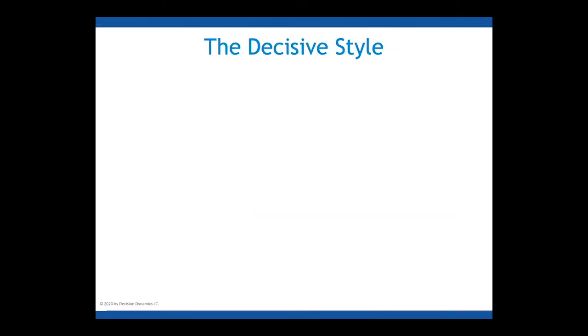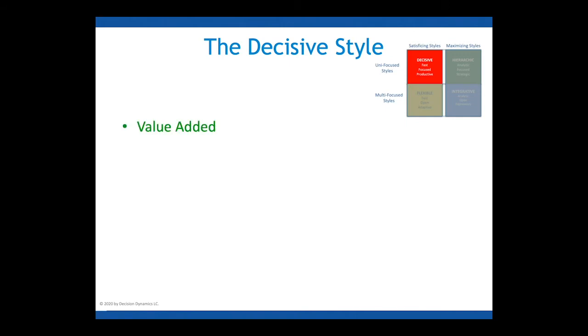We begin with the decisive style. That's a fast-acting, unifocused style. We see it up here in the top left-hand corner of the style matrix. The particular value that the decisive style potentially brings to a situation is that when a person is in the